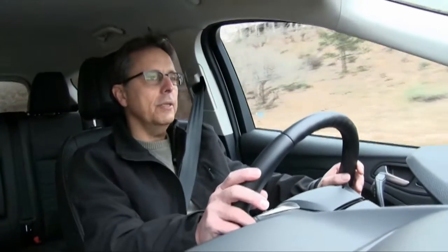Overall, the Escape is a success, a great example of Ford's commitment to bringing European design and dynamics to its American audience. If you can live with the tight rear seat and make peace with MyFord Touch, it deserves a place on your